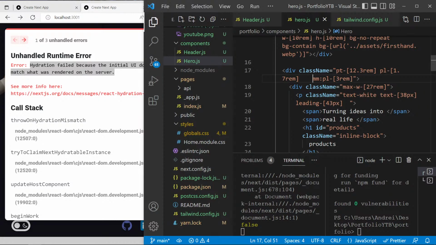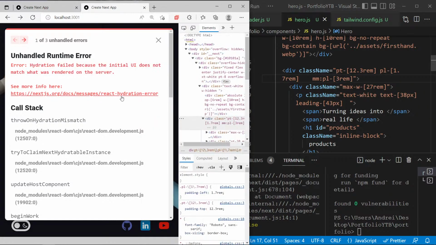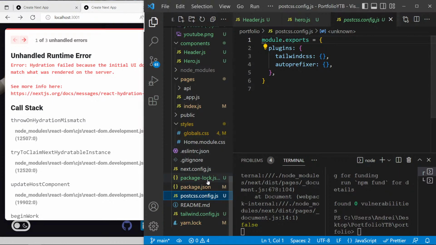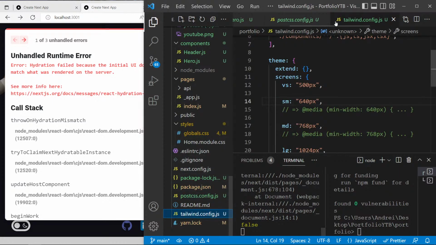By examining how my elements were wrapping each other with Material UI. Okay. This solution worked for me. So if I go to Tailwind config,